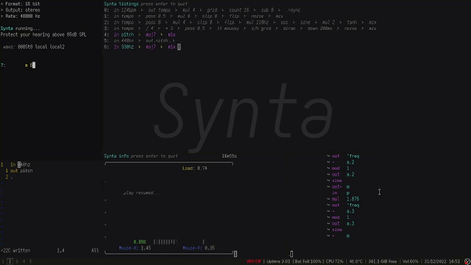Well, that is not the best combination of chords, but I actually prefer the lower pitched version, so I'm going to change that to